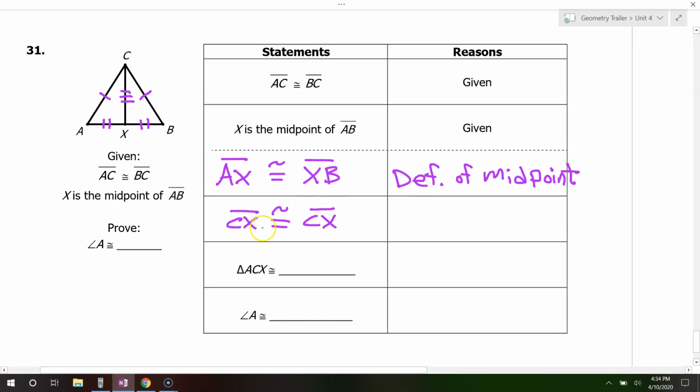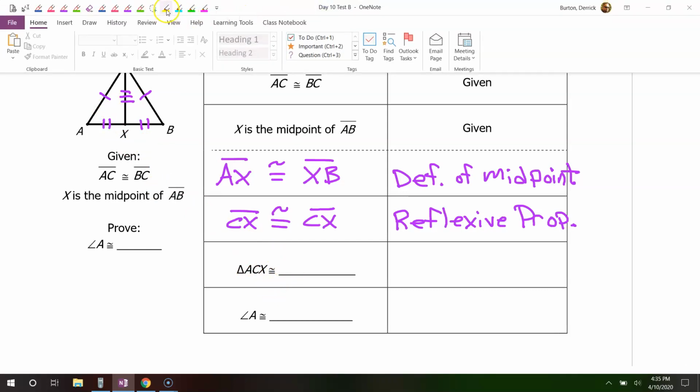And whenever you make this silly statement that something is congruent to itself, remember that is the reflexive property. Not the reflective property, reflexive. That's enough to prove that the triangles are congruent. If you just look at one triangle at a time,